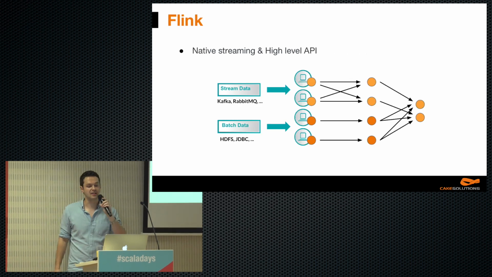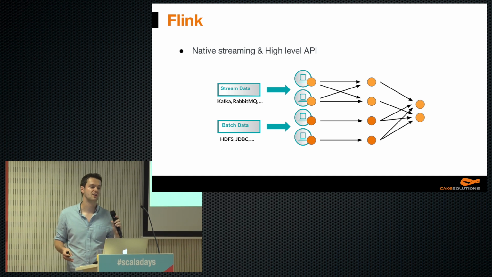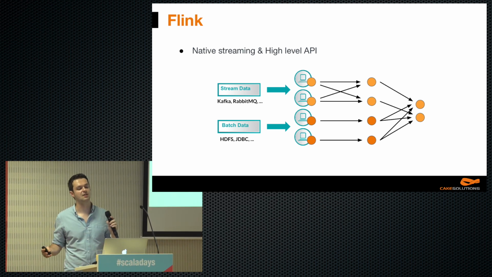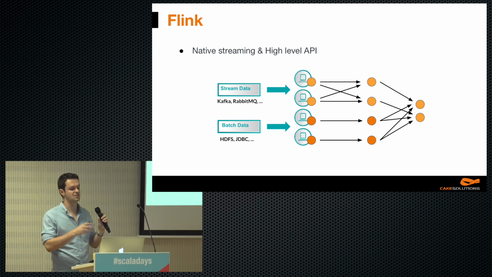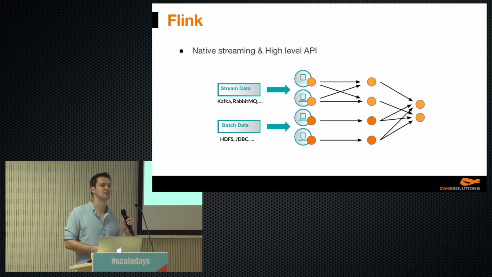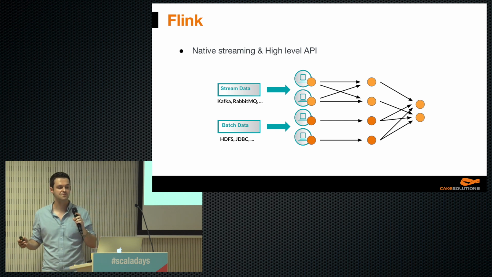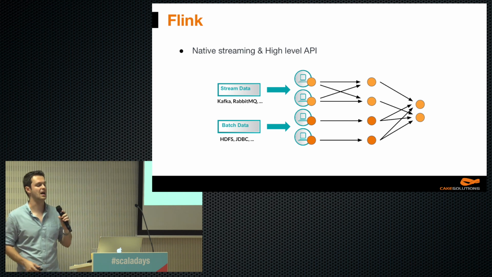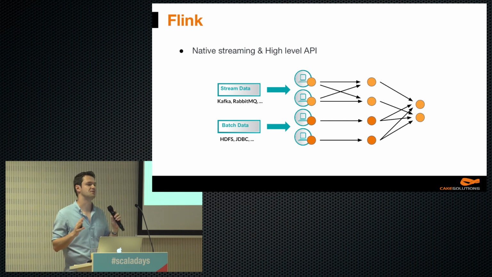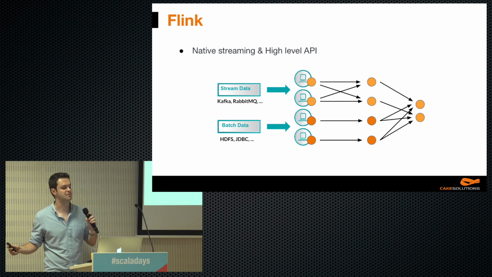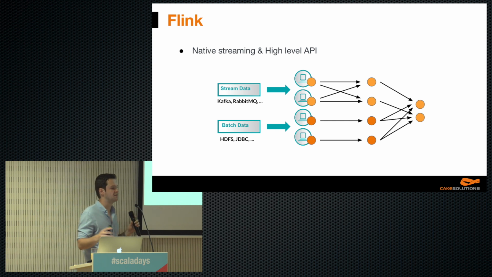And the last but not least, Flink. Flink is a pretty old project. It has its origin in 2008, but right now it's getting quite a lot of attention. Flink is a native streaming system and provides a high-level API. Flink also provides an API for batch processing like Spark. But there is a fundamental distinction between these two. Flink handles batch as a special case of streaming. Everything is a stream, and this is definitely a better abstraction because this is how the world really looks.